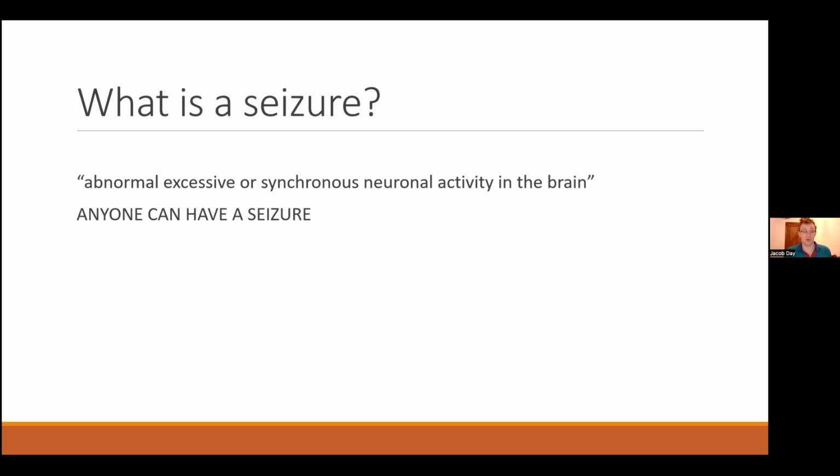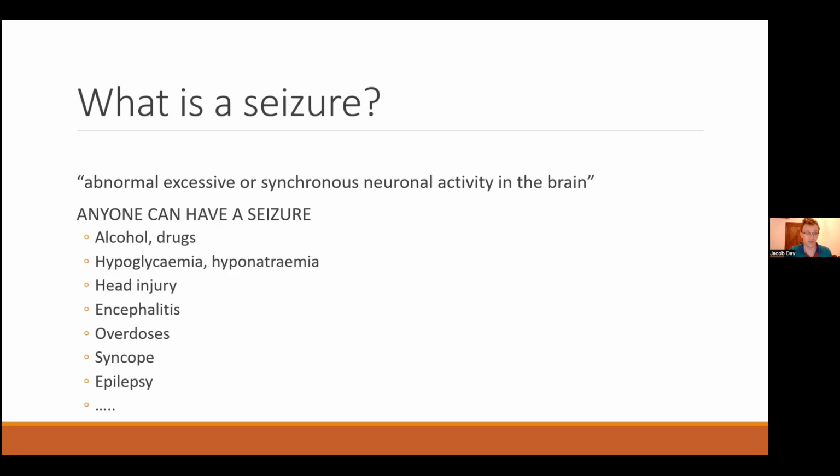My first key point here of the talk really is that anyone can have a seizure. There's a bit of a misconception that seizure equals epilepsy, but that absolutely is not the case. Okay, there's loads of reasons why people can have a seizure, and any normal person can have a seizure. We've all got a seizure threshold. I've listed a few things there that's by no means exhaustive, but if I finish this talk and go and drink 2 liters of vodka, I'll probably have a seizure. If I inject myself with a load of insulin and give myself a terrible hypo, probably going to have a seizure. Okay, so all these things here can provoke seizures in any normal person.